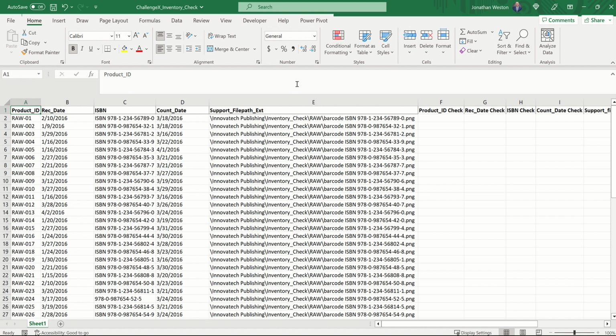So this is the inventory check file worksheet that we received from our audit staff. They conducted the inventory check already and put the information they gathered into this table here. What we want to do is make sure that the values input here follow certain patterns to make sure that they're accurate. Anything that does not, we'll want to follow up with our audit staff and either fix it or